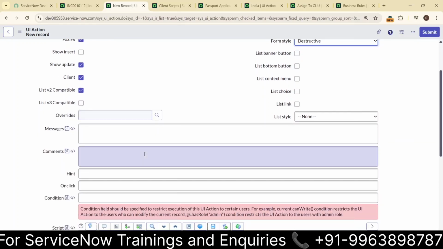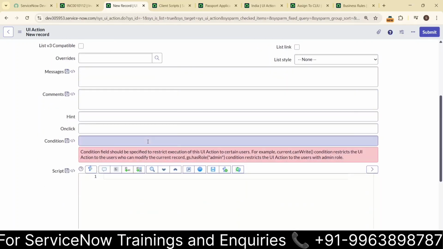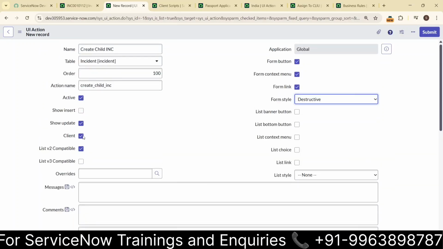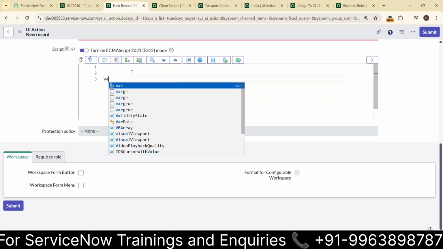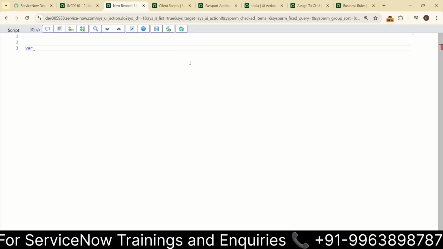And then go for the script here, like what should be there regarding the script. If you are mentioning it only on the client side, then we can use the client side capabilities there. If you are using it on the list level, if you don't want to mention the client, ignore this button or directly go for the script and mention the server side script here. I'll show the script. Maximize this button,